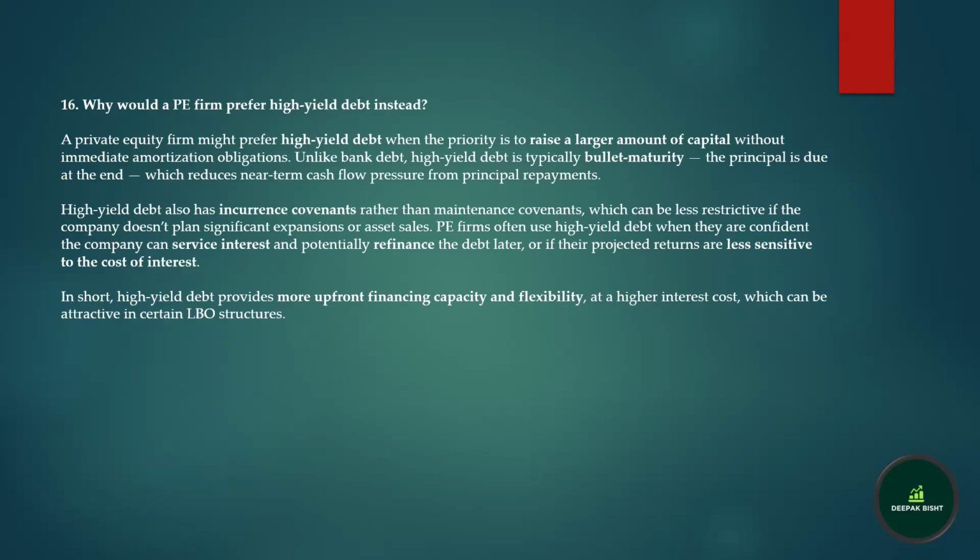So, in summary, the private equity firm might prefer high yield debt in a leveraged buyout for several reasons, including less frequent principal payments because of the bullet maturity structure, improving near-term cash flow flexibility; the possibility of refinancing the debt in the future under better terms; less restrictive covenants, allowing more operational freedom to execute growth and restructuring strategies; the ability to take on more leverage without burdening the company with large cash payments early in the investment; and a better fit for the firm's exit strategy, or when market conditions favor high yield issuance.